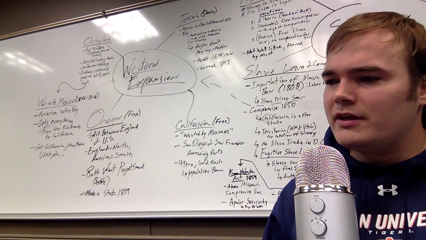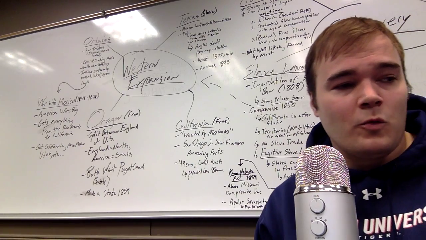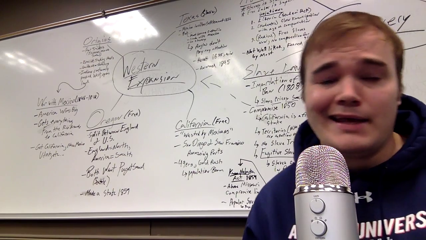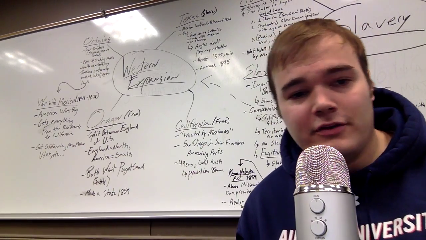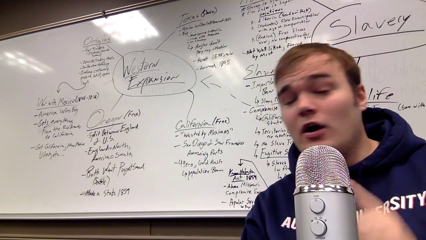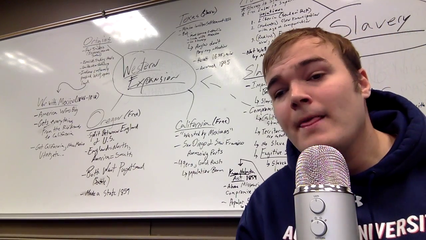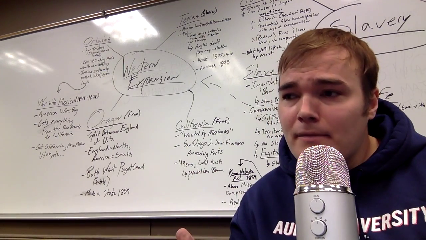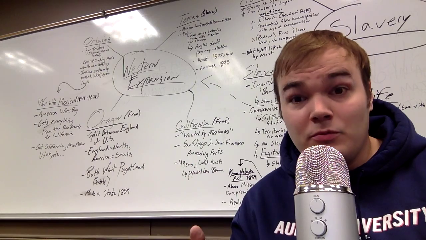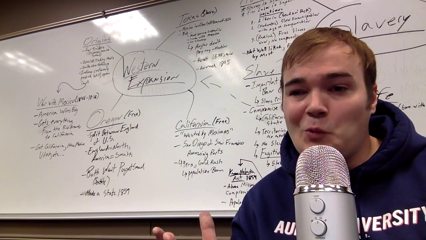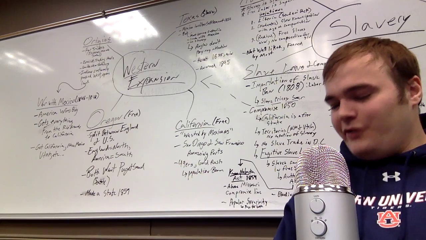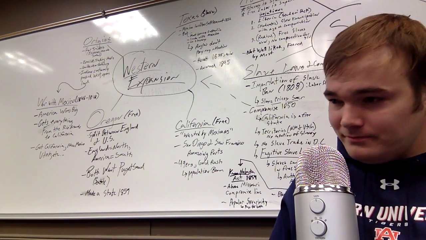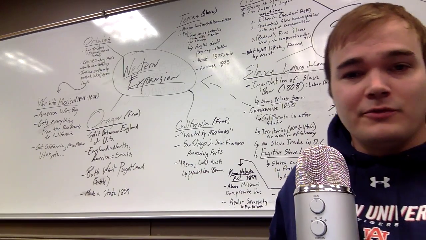We're going to get everything from the Rio Grande all the way to California. So a huge chunk of land. It's like another Louisiana Purchase, basically. So think California, Utah, New Mexico, all of this land we're going to get, and we got to do something with it. We have to decide, how are we going to settle it? How are we going to make money off of it? And most importantly of all, is it going to be free land or slave land? So keep that in mind. All this stuff, all this territory, we got to do something with it. So let's talk about a few of them.